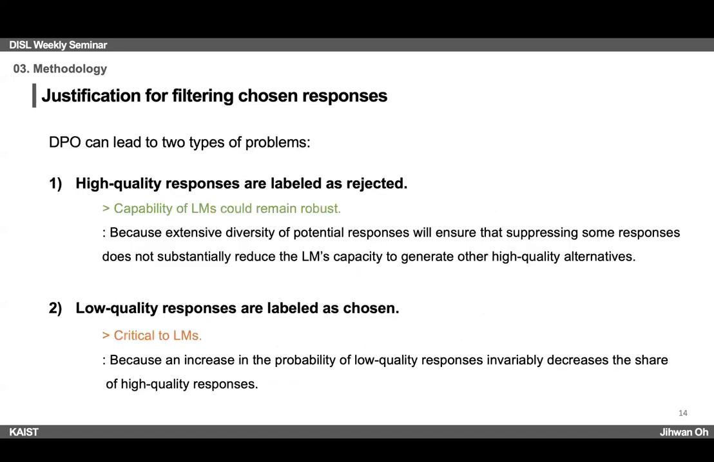This approach can lead to two types of problems. First, high quality responses are labeled as rejected. And second, low quality responses are labeled as chosen. In the first case, the author said it doesn't affect that much. This means that the capability of language models could remain robust. Because extensive diverse potential responses will ensure that surpassing some responses does not substantially reduce the language model's capacity to